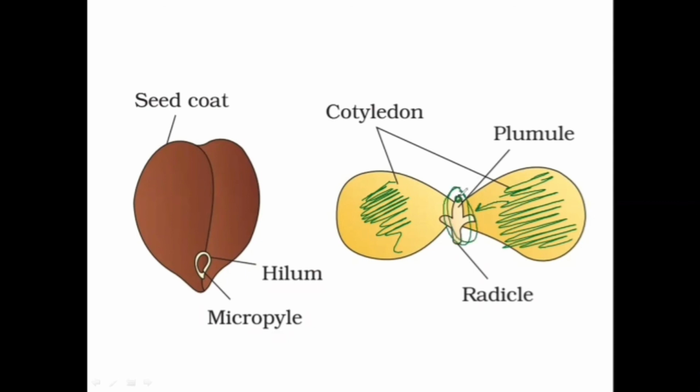We know that this upper part is known as plumule, which is going to give birth to the shoot, whereas the lower one is known as radicle and it is going to form the root system. Right? We have already discussed this seed or this zygote seed. Now, this is one seed of gram.